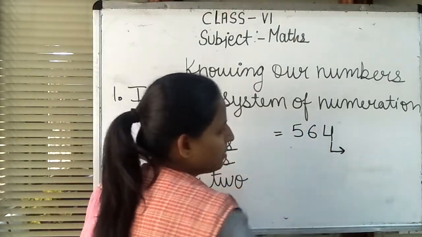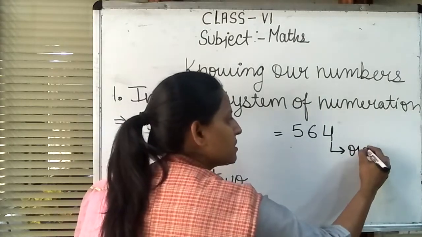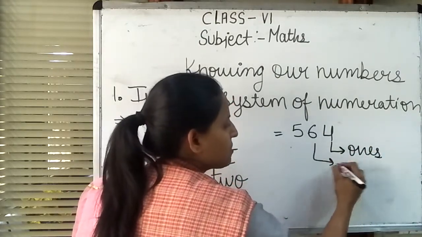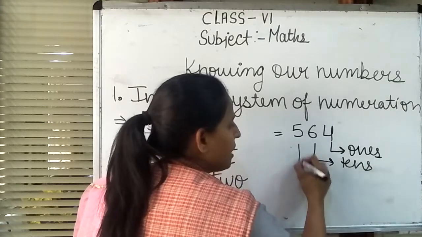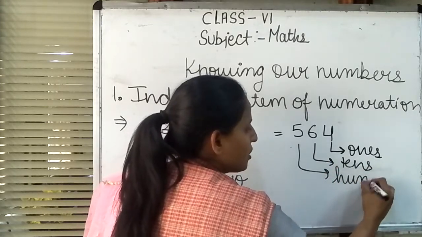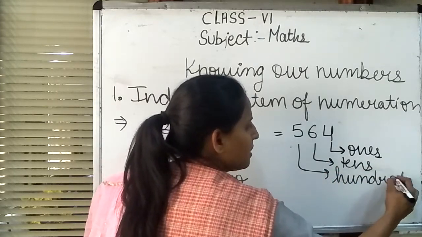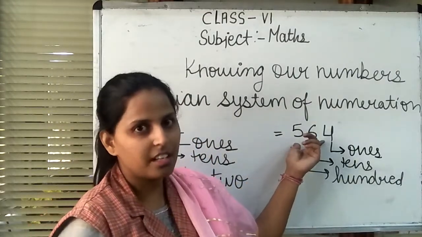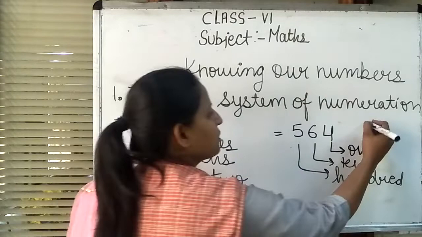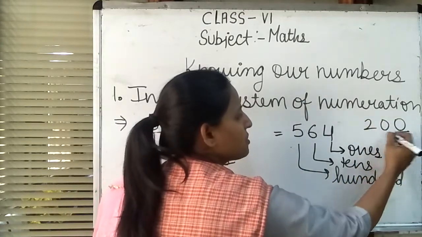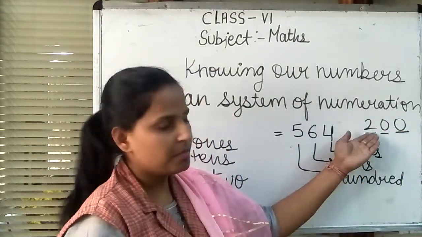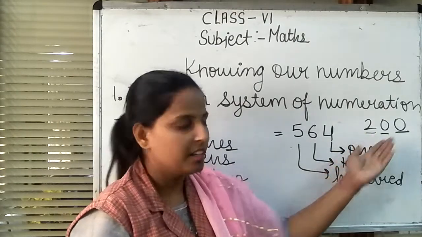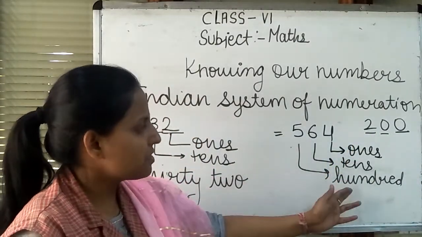Now the 4, because the 4 is placed with the ones. Now the 6 is present as tens and 5 is present as hundreds, because the hundreds have three digits. A number in the hundreds has three digits, therefore we say 500, 100, 200. Because in 200 we have three digits, 2, 0 and 0. The three numbers are there and it is called a hundred. So now the number 5 is present in the hundreds place.